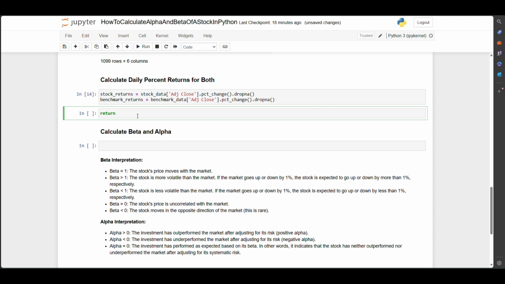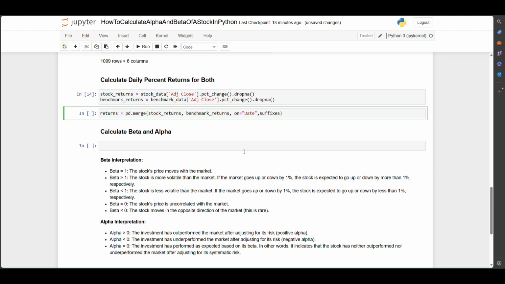So I'm going to call my data frame returns, and I'm going to say pandas merge. I want the stock return and the benchmark returns on date